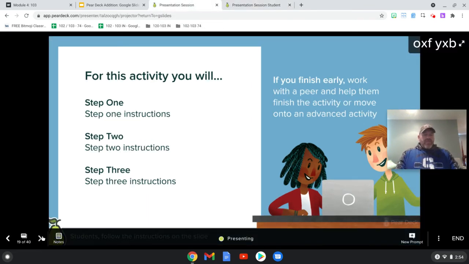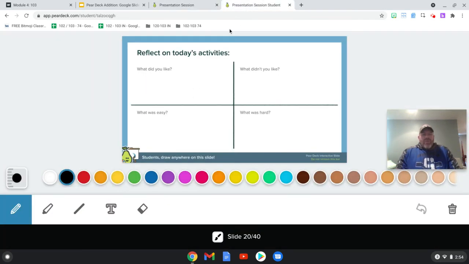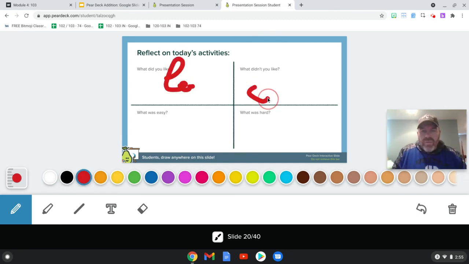All right, so now let's go to 920. Reflect. And again, this one gets a little long, but each student can reflect using lines. If they want to use pencil, all right, let's see here. They can just kind of doodle. All right, what did you like? I don't know, great. Now I'm going to be honest with you, the spelling mechanism